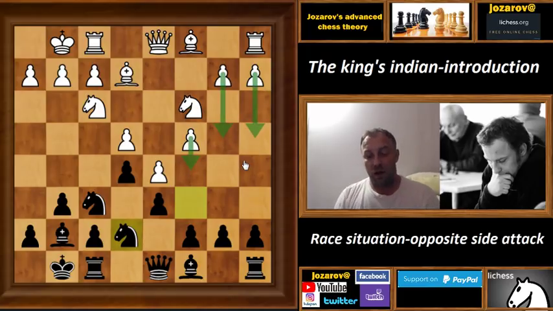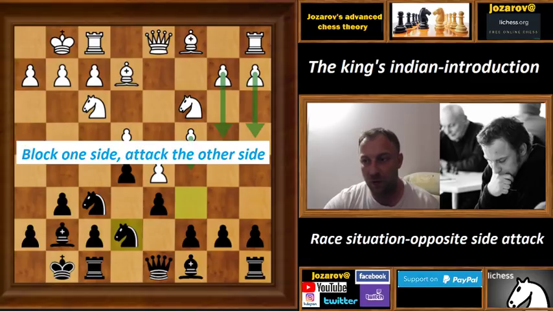So, how to approach this game? When you have these race situations in chess, where you attack on one side and the opponent attacks on the other side, you should block one side. Try to get a blockade on your weak side and get as fast an attack as you can on your side